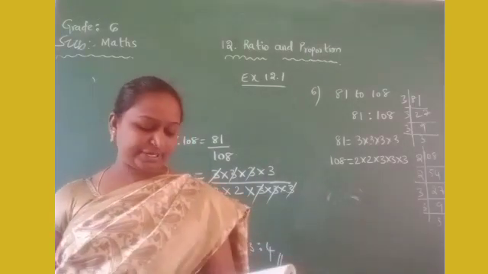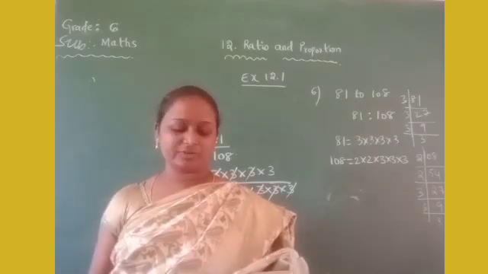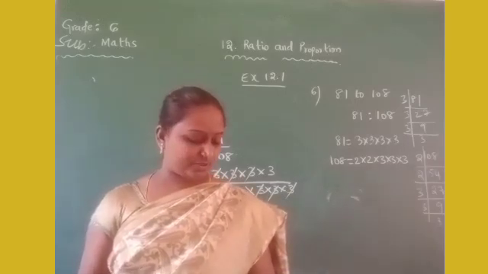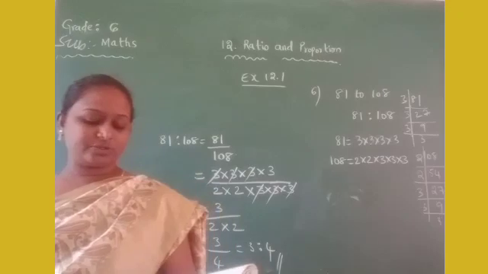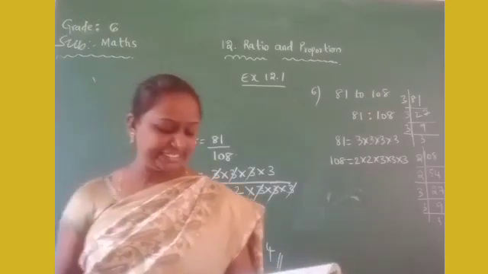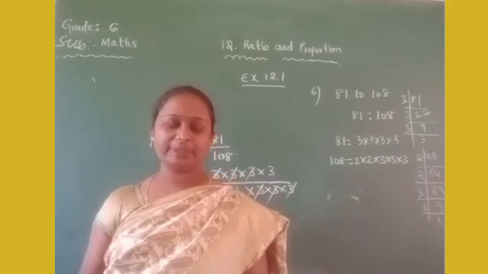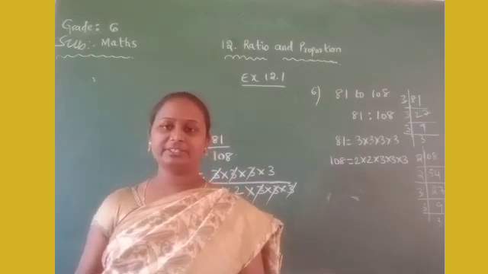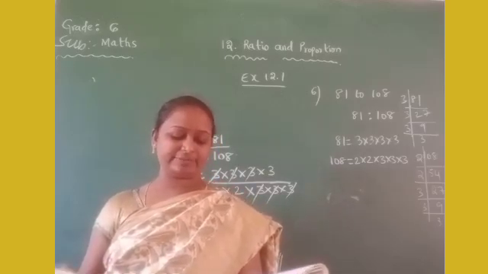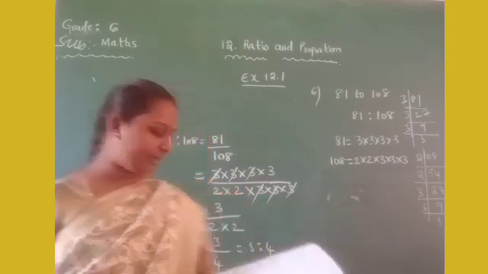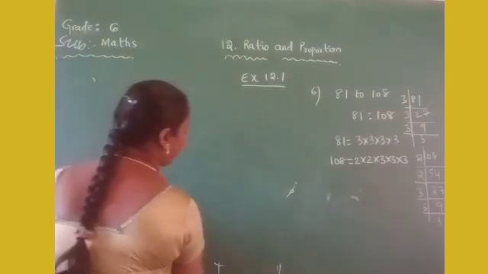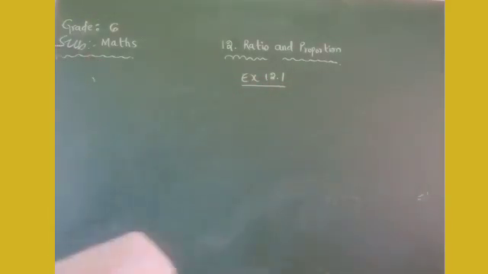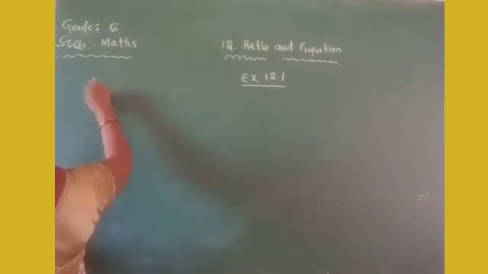Very good. The remaining problems are very easy. If the quantities are different, you can convert them into the same type of quantities. So the 8th and 9th, 6th and 7th questions, everything is very easy. Use the ratio symbol. Find the ratio of kilometers to kilometers, minutes to minutes. One problem I explained; the remaining you can do yourself. In the 6th question, B, C, D you have to do yourself. And the 7th question, here also the same procedure.